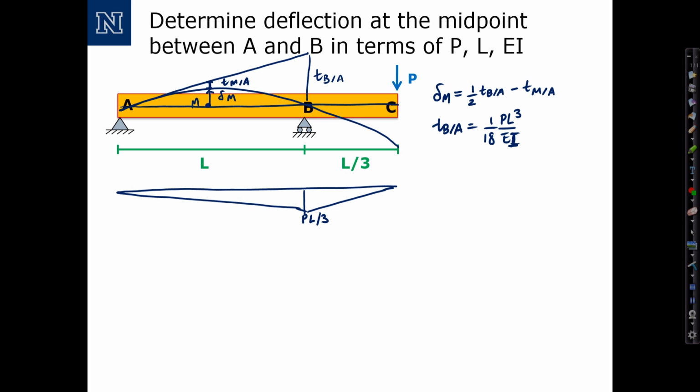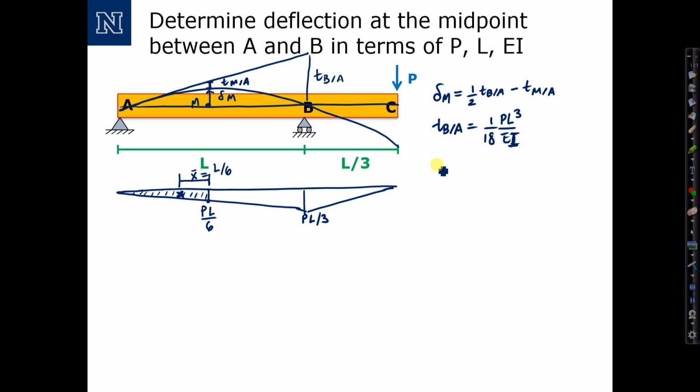T at M with respect to A will be calculated by focusing on the area between points A and M. That's this area right here. That area has a peak magnitude right here equal to 1/2 of PL over 3, which is PL over 6. We'll have a centroidal distance, or distance to the centroid of that area from point M to that location. Our x bar is equal to 1/3 of L over 2,